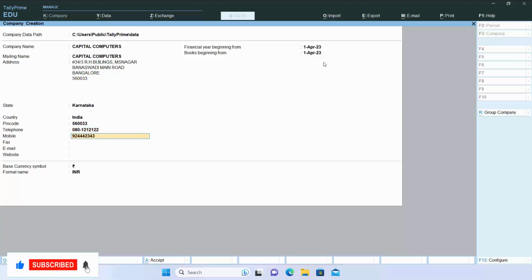mobile number of the company, fax number, email address of the company, website of the company. Then the financial year we are supposed to set. So if it is